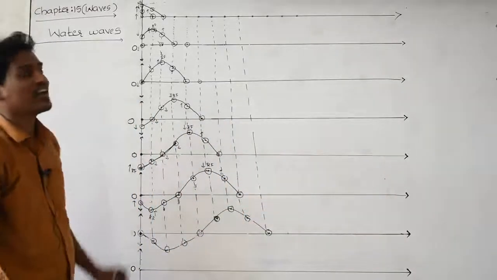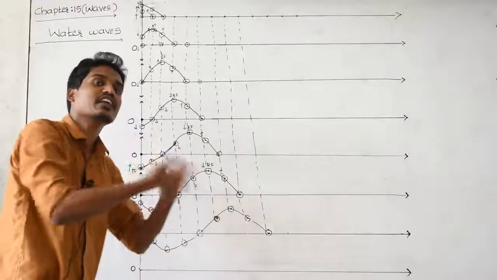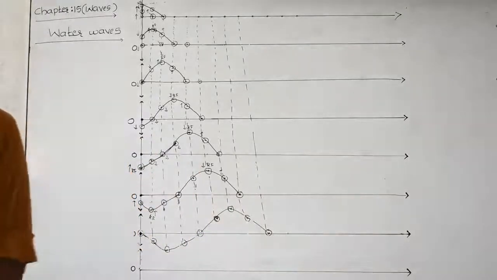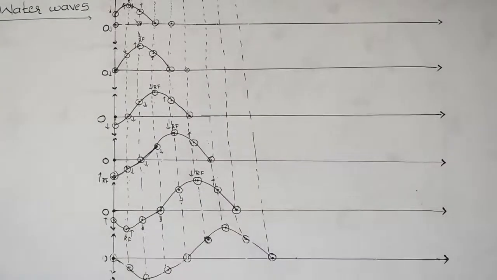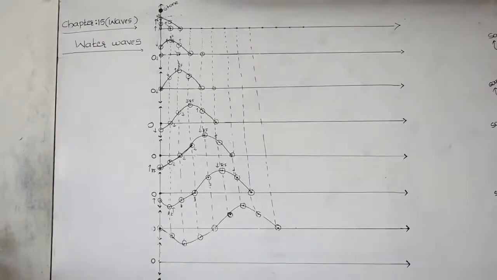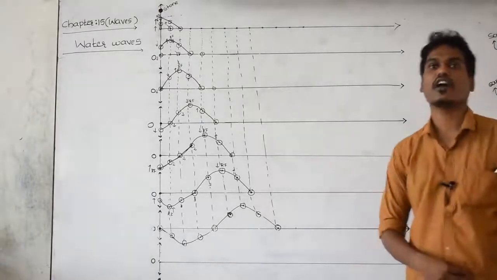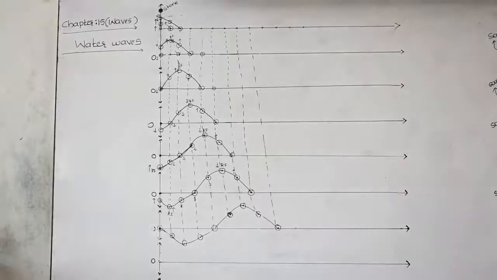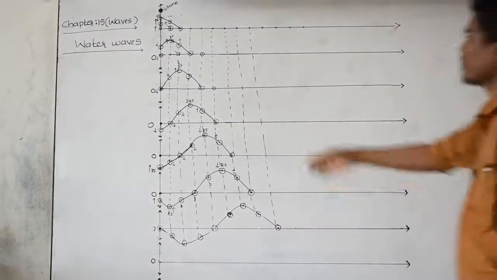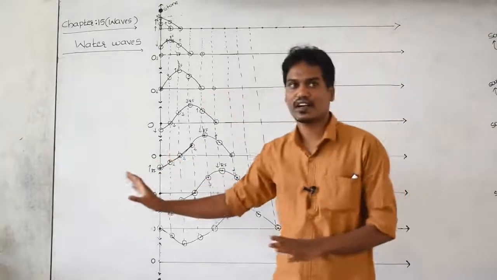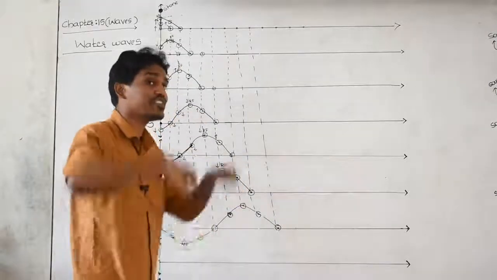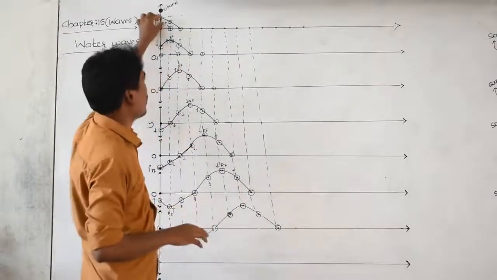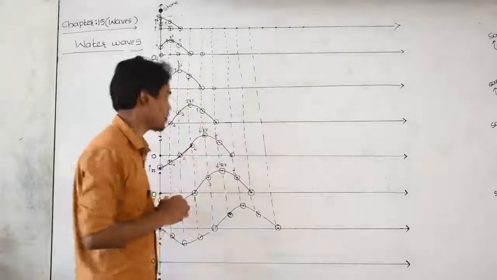This is the water wave, how it exists. Please practice this one, then you will get it very easily. Here you studied how the water wave is generating. First you discussed, and I explained in detail everything, how the wave is generating in the water. One by one you have to try yourself, you are getting the form of the wave.